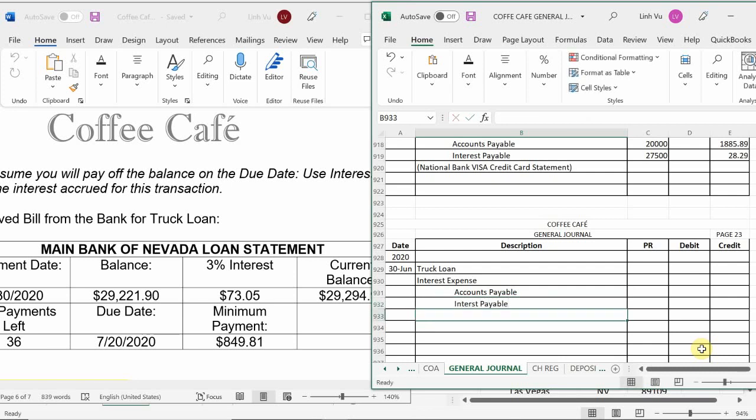Okay? So in this case, can I use my loan to pay for interest? No. So in that case, this is one of the examples that you are actually not able to do that. While the previous one, you can because it's a credit card, right? It's tacked on there. However, this one, you can't use a truck loan to pay for interest. So this is going to be the alternative of what you have to do for this specific case scenario because it's a loan. You have to recognize interest as a separate account. Okay? So again, truck loan